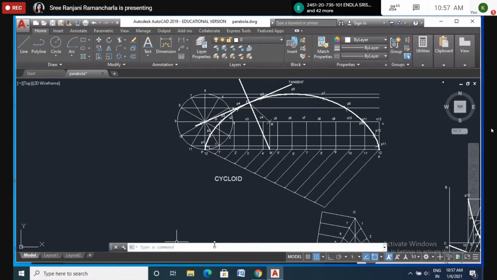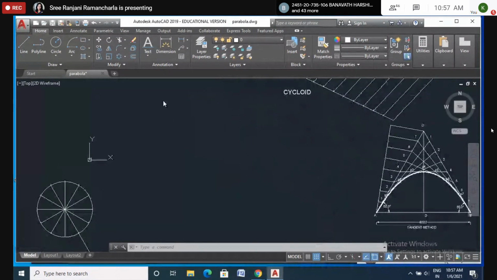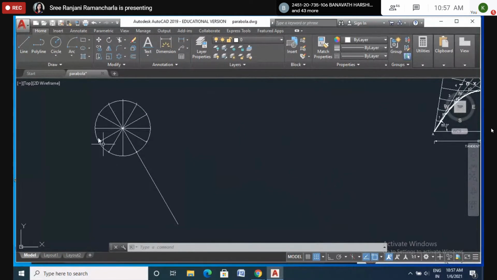Whereas if it is rolling inside, it is called a hypocycloid. If it is rolling outside, it is an epicycloid. The circle which is rolling inside is a hypocycloid. This hypocycloid you don't have in the syllabus. Okay, don't bother about that one. Is it clear now? Now what you have to do is first draw the circle of again 2.5 centimeter radius. Please open your page number 22.